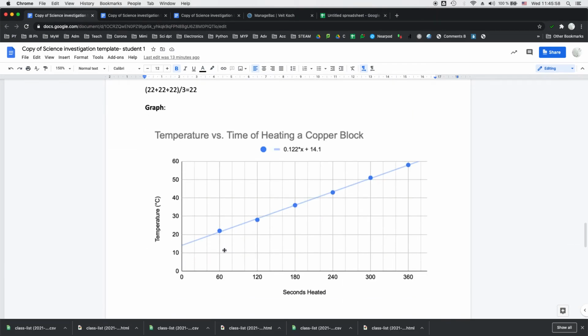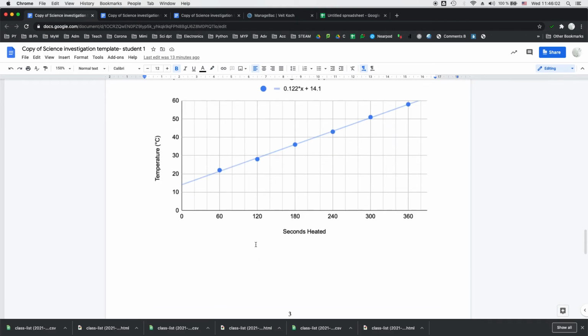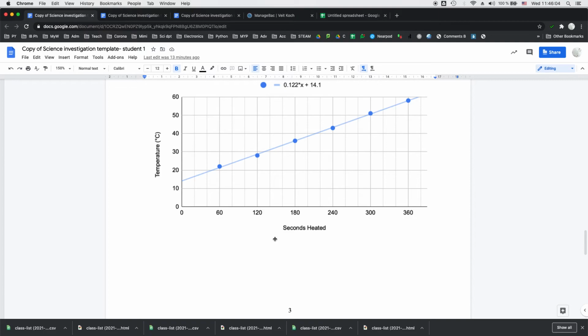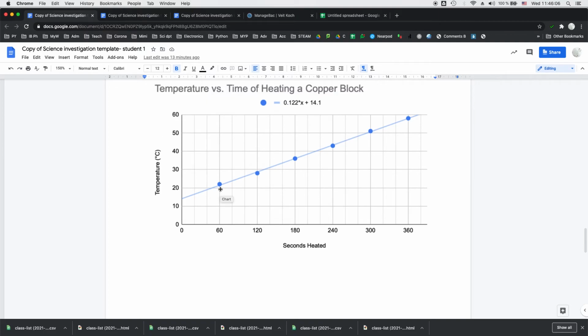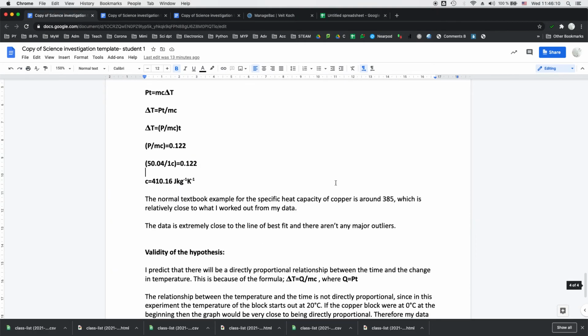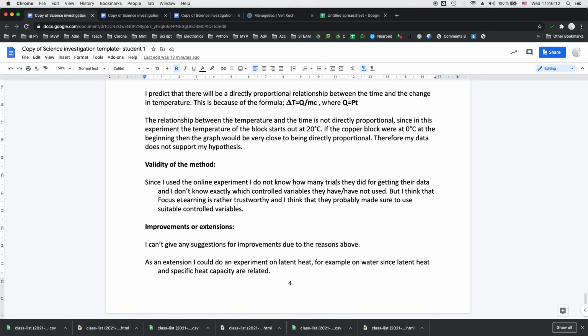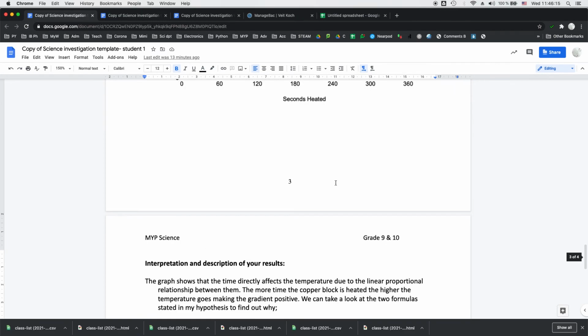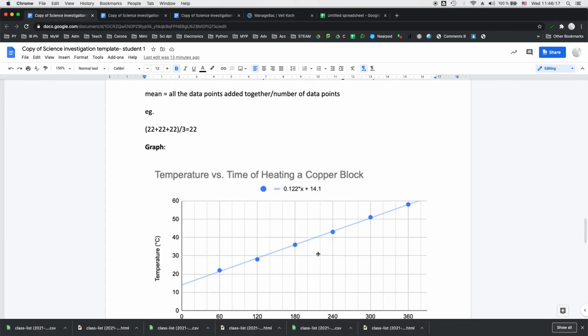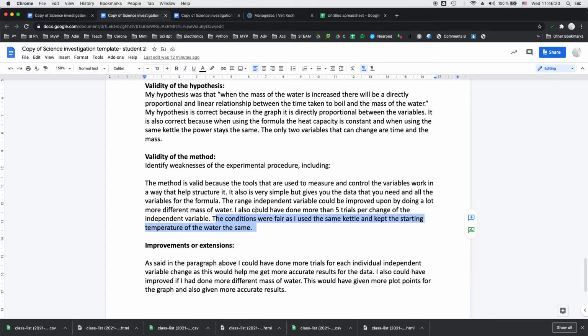So it might be worthwhile actually doing still more experiments or collecting more data. The data could also be a little bit closer to the line of best fit. I don't know if what was described here was really true, that you would always get exactly the same results. Never mind. Let's have a look at